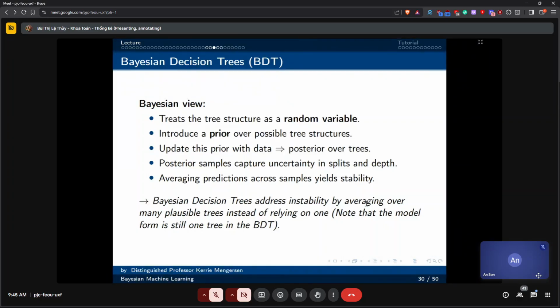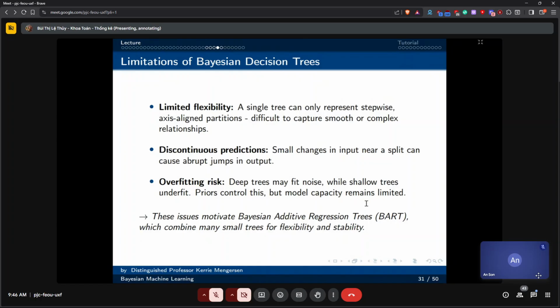So Bayesian decision trees address the instability by averaging over many plausible trees instead of relying on one, like the random forest. But now we also introduce into the random forest prior distributions. A single tree can only represent a stepwise, just a single split, and it's difficult to capture different kinds of relationships, and we have this problem of overfitting.